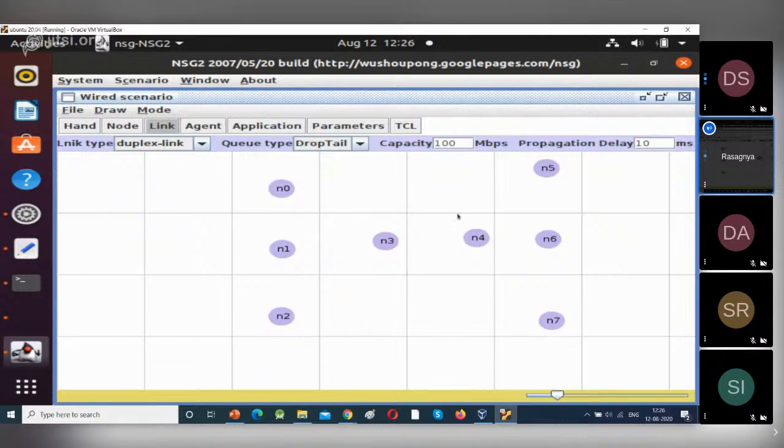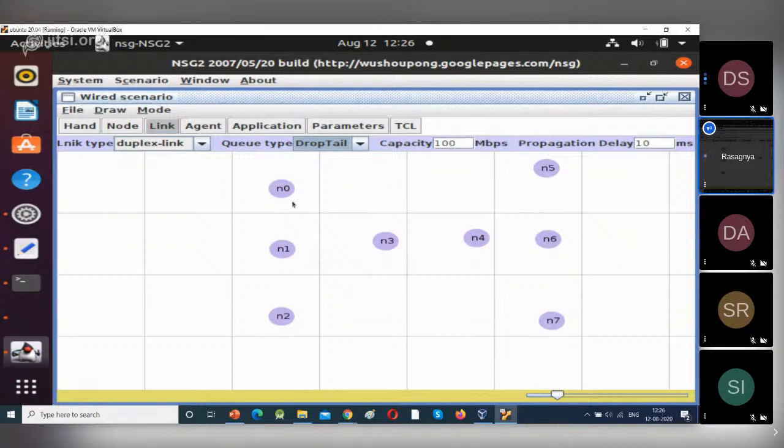So after the queue is full, it starts dropping packets from the tail of the queue. That's why, don't change the link capacity when you connect these devices. Already it is 100 MB capacity and a duplex link, and the queue type is drop tail. So first we will see what drop tail will do. Select queue type as drop tail. Capacity is 100. I'm not changing the capacity.